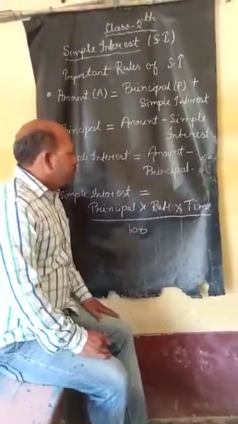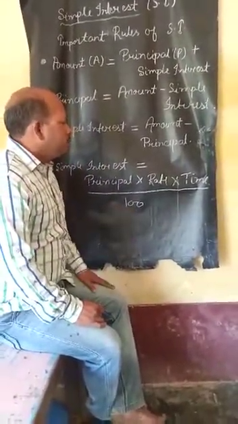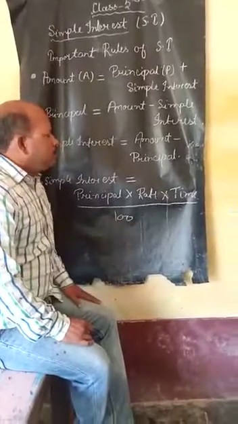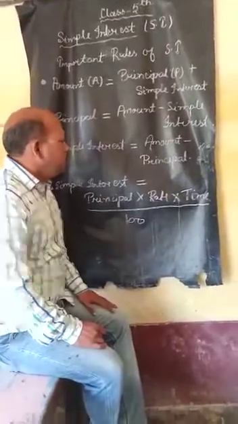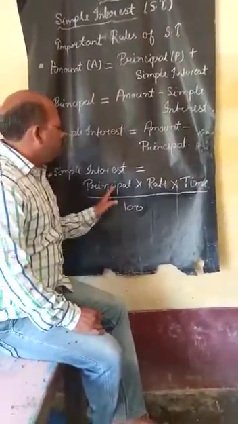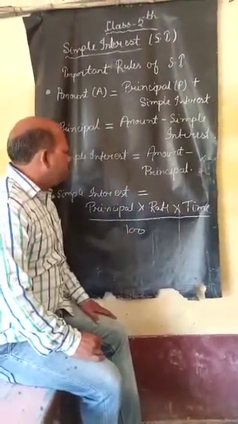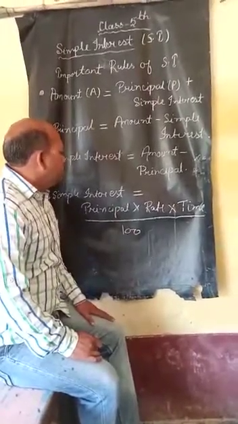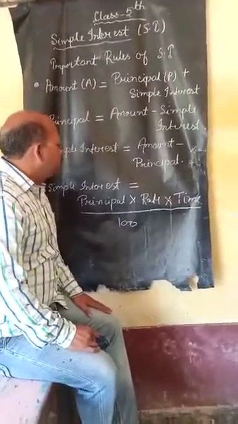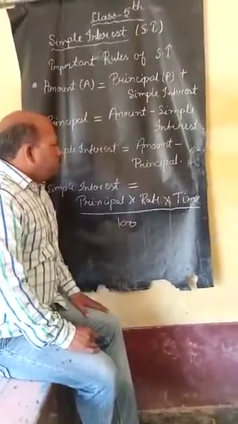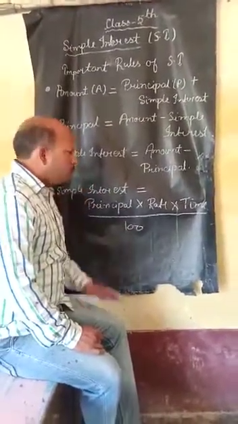Here, for large loans and longer times, the rate will be very low. If the rate is very high, then our simple interest will be very high. So it depends on principal, rate and time. If the principal is a big amount, then our interest will be a very large amount. If the time is short, our simple interest will be little. If our time grows, then our interest will grow. Okay, let's